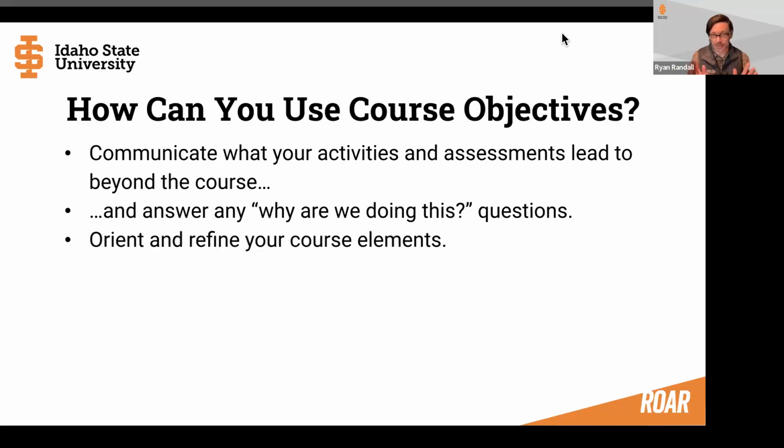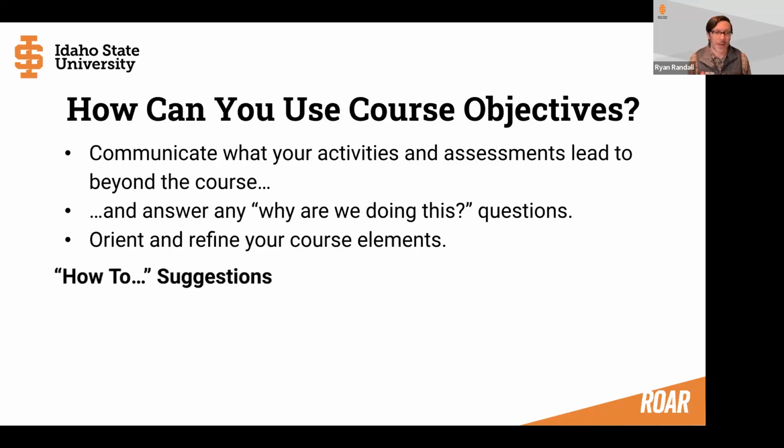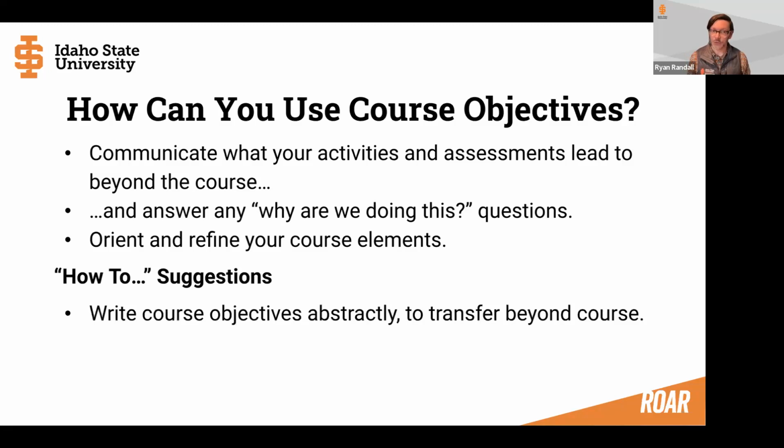of your course objectives. So instead of thinking just, what am I doing with this one particular thing? If you feel like a certain activity or certain assessment is a little bit lacking and it needs some freshening up, what you can do is think, okay, how can I align this not just to one aspect of my course, but to multiple? And other how-to suggestions, as I was saying, because course objectives mediate between your particular course,